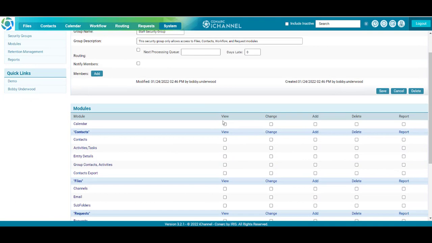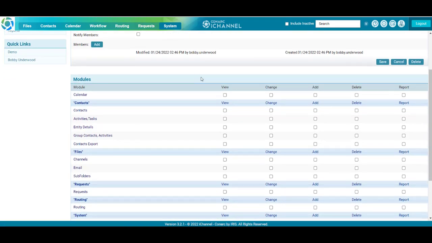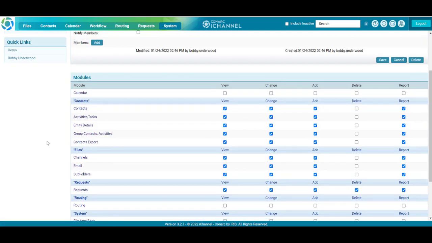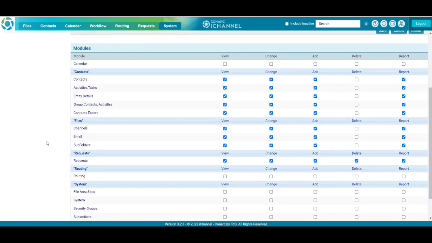The view privilege, if selected, would then populate these modules on the banner for the new staff security group. As the system IT manager, you would simply go through and select all of the privileges or grant the privileges that you would like for this new security group. As you can see, for the new staff security group, I'm only going to be granting out the modules that would allow the staff individuals to only view, change, add, and run reports against the modules for contacts, files, requests,